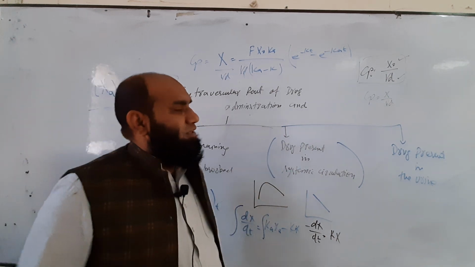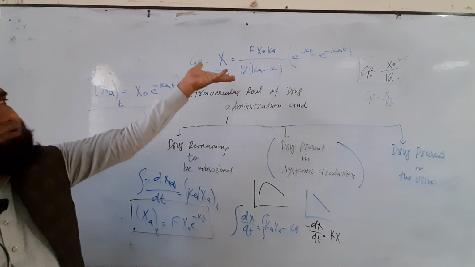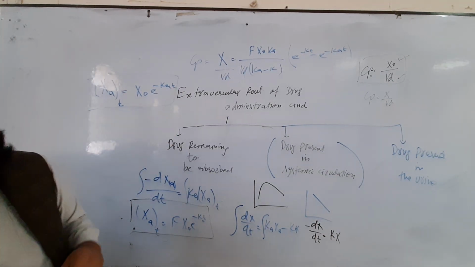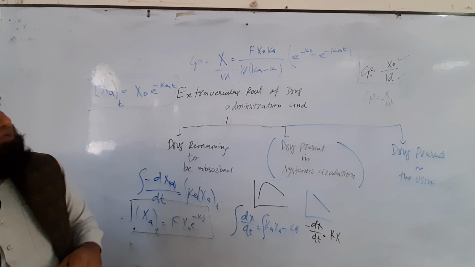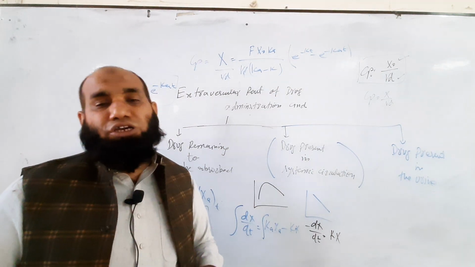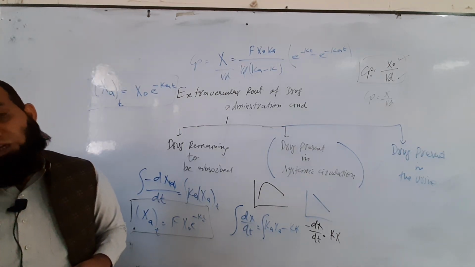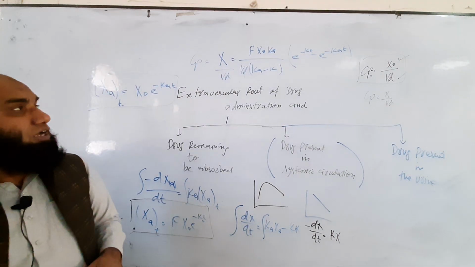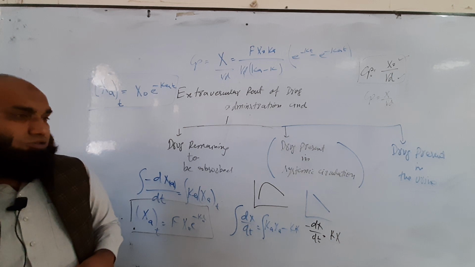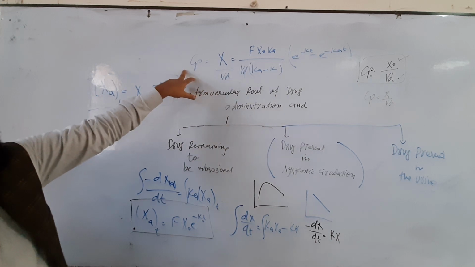Okay, what about the second scenario? We have an equation, and it is very useful and achievable, and we should know which parameters we need: the initial amount of drug, which is the dose; the volume of distribution, which is constant; and Ka, the absorption rate constant. I have already told you Ka can be calculated by the Fried-Ling technique, from the absorption half-life, or by the Wagner-Nelson method. K, the elimination rate constant, can be calculated from the elimination half-life using the graph, and also from the slope. These are the basic parameters, and this will give us the Cp value.